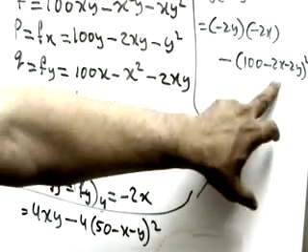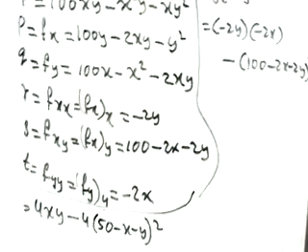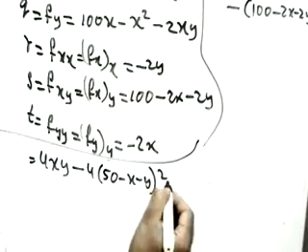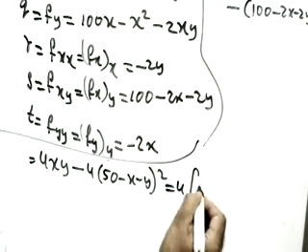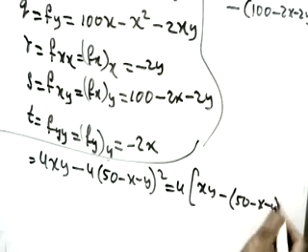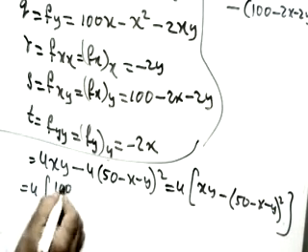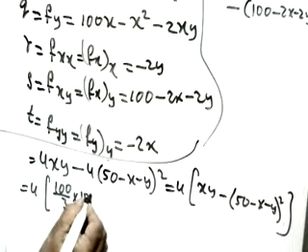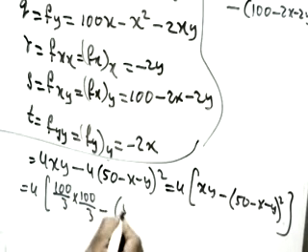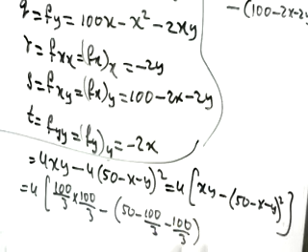Actually, you are taking 2 common from here. If you take common 2, 50 minus x minus y, but 2 square is 4. Now let me take 4 common from both of these, and after that substitute the values. If you take 4 common, it will be xy minus of 50 minus x minus y whole square. Now let me substitute the values: 4 into x is 100 by 3, y is 100 by 3, minus of 50 minus 100 by 3 minus 100 by 3